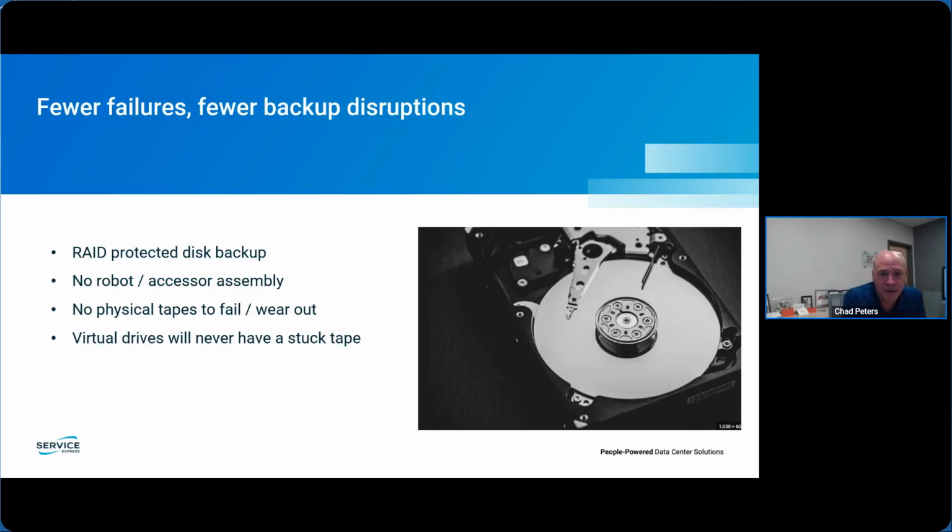So a question that popped in: can you partition the VTL to allow for shared use? So for example, one VTL partition goes to Backup Exec, and another goes to Commvault. Yeah, so typically what we've done for customers is we will set up multiple libraries and assign those libraries out to the various backup hosts. So we might have a library going to a Unix machine running NetBackup. We might have another library going to a Windows machine running Backup Exec, another one going to an IBM i machine running BRMS, and then those backups could all happen. So each host running that backup software would get its own library or libraries,